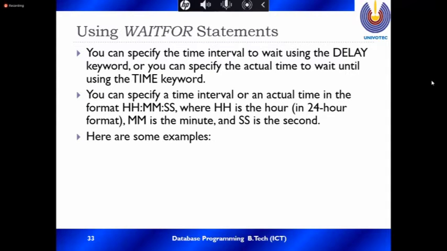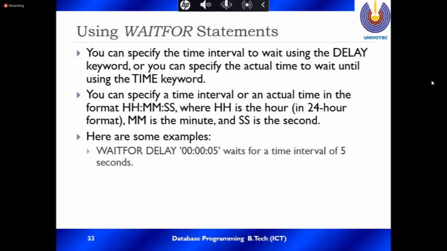Here are some examples. WAITFOR DELAY, wanting to delay for only 5 seconds: WAITFOR DELAY with a time interval of 5 seconds. DELAY is a keyword.